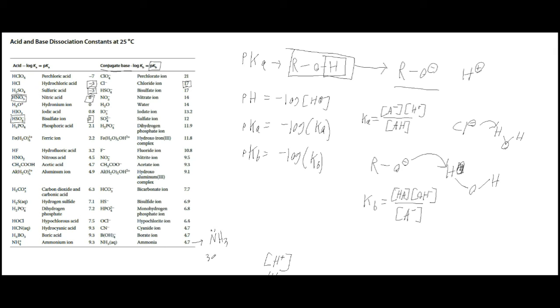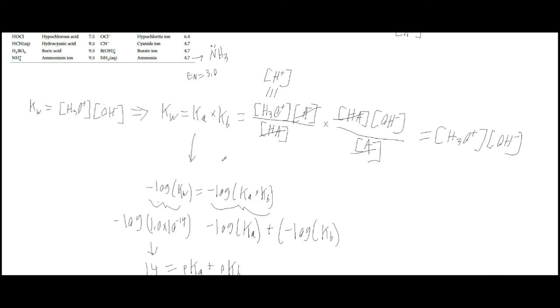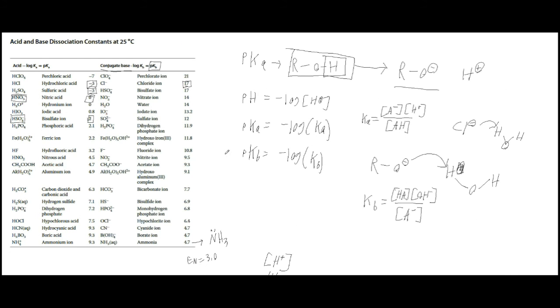I think it was something like 3.0 for electronegativity. So it's going to want to grab onto something else. I'm not going to go too much into all the ways these can be stabilized because it's just not really relevant. It's just relevant to know that if something has a low pKb, and